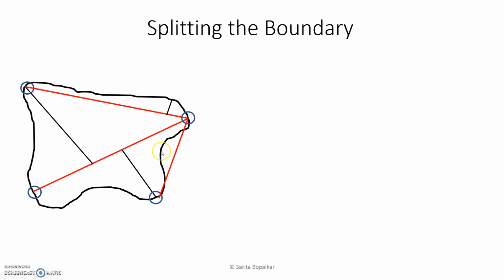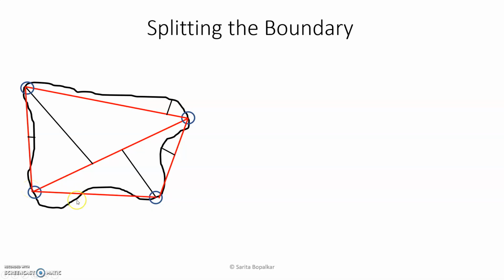We will find the maximum point on a boundary which is the maximum perpendicular distance from the line segment. We will compare with the threshold. Let it be less than the threshold, then we will leave this segment as it is. We will not divide it. We will move to another segment. For this segment we will calculate the perpendicular distance. If this distance is less than the threshold, we will not divide this segment, we will leave it as it is.